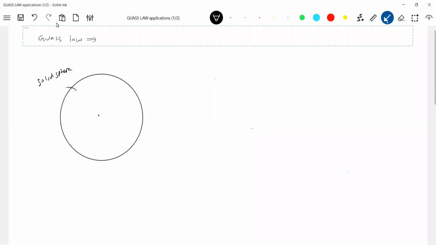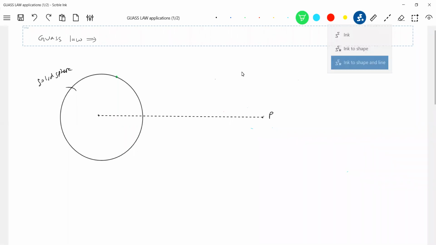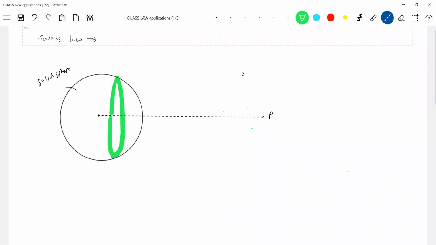What is the gravitational field strength somewhere at point P? Then how to calculate it? So what is our alternative approach? I'm going to assume here a circular disc, like this. I'll assume a circular disc.